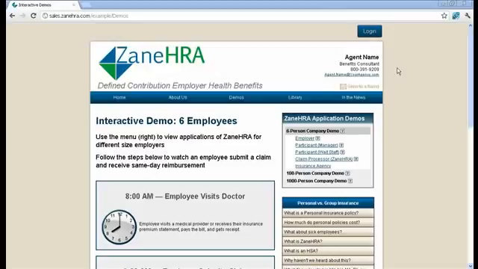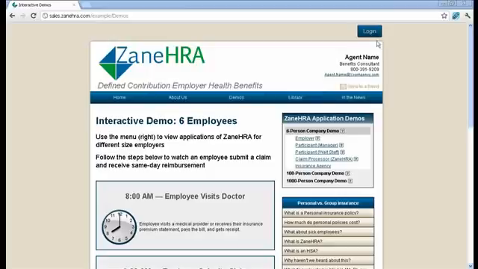We're going to be walking through how it works for, number 1, an employer, number 2, a participant or employee, number 3, Zane Benefits as the claims processor, and number 4, you as an insurance agency or CPA, how you might be involved. So whether you're a participant, an employer, a Zane Benefits employee claims processor, or an insurance agent, this should be a helpful demo to explain how you fit into the process. All right, so